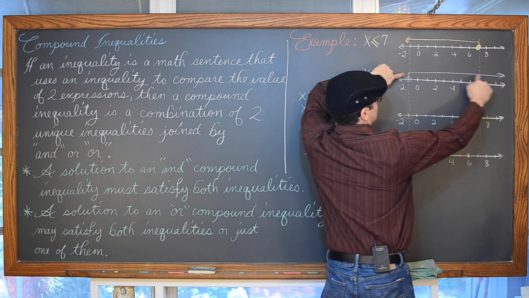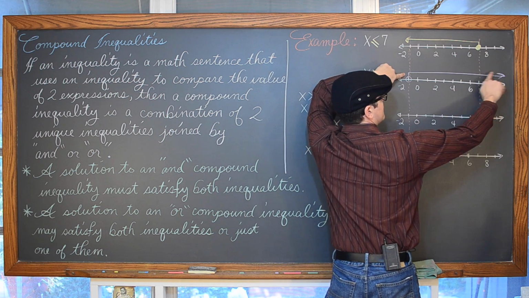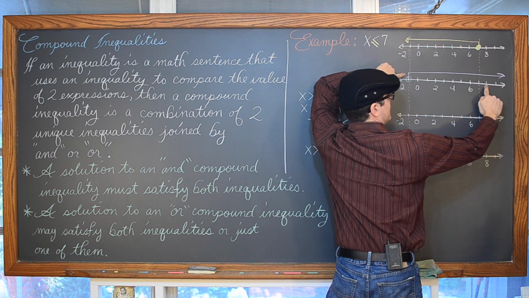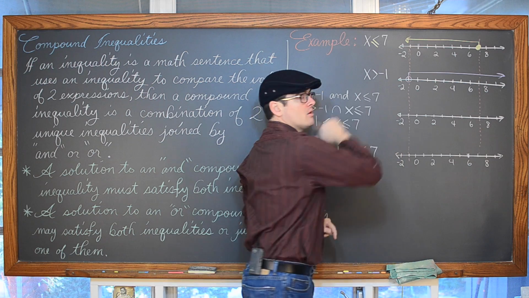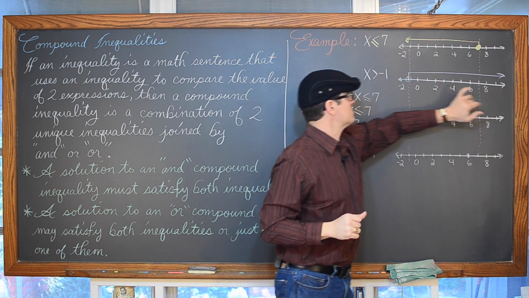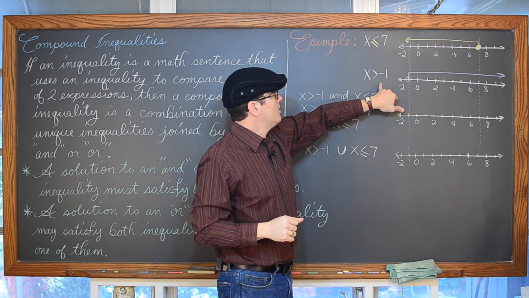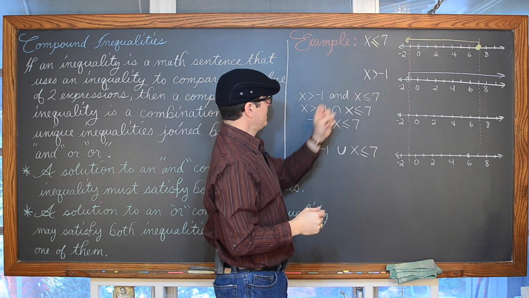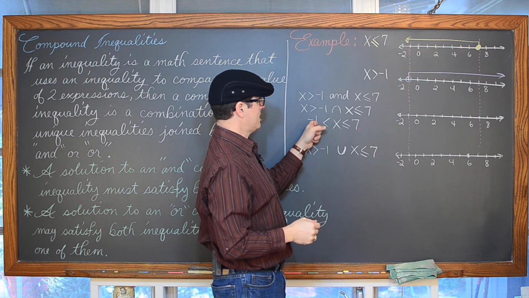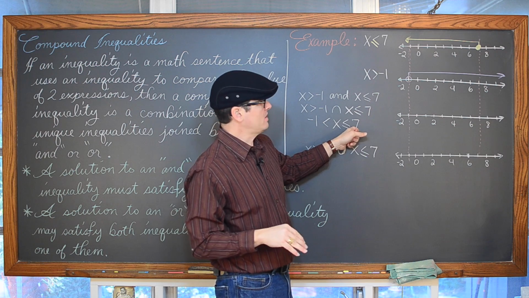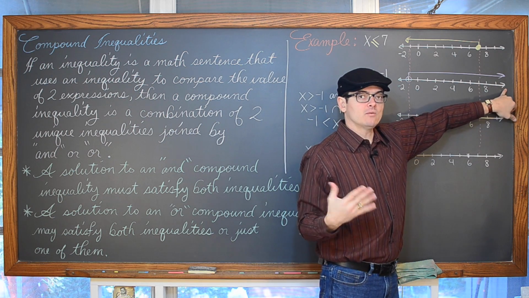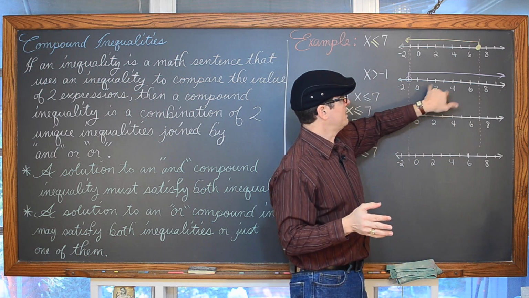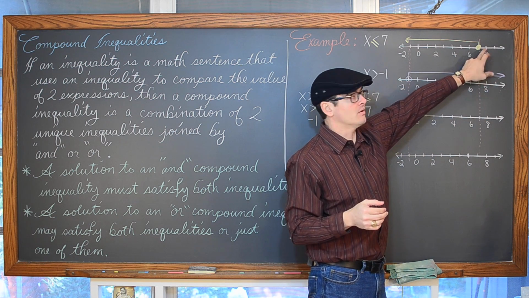But when you get past this dotted line at x equals 7, now we're getting to an area where like 8 or 9 — these values of 8 and 9 are bigger than -1, so they are a solution to this inequality. But if I want to combine with the word and, x is greater than -1 and less than or equal to 7, well, these values of 8 and 9 and 9.5 and 10 and whatever, they're solutions to one inequality but not the other because they're bigger than 7.